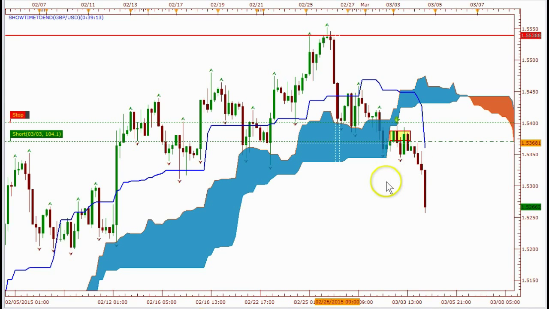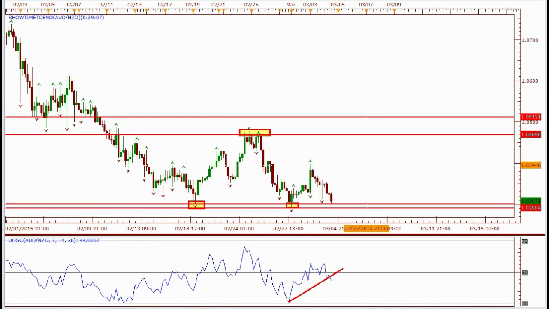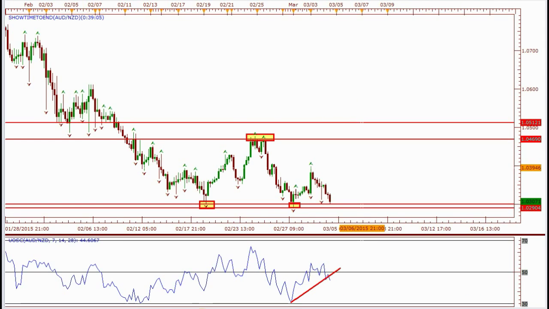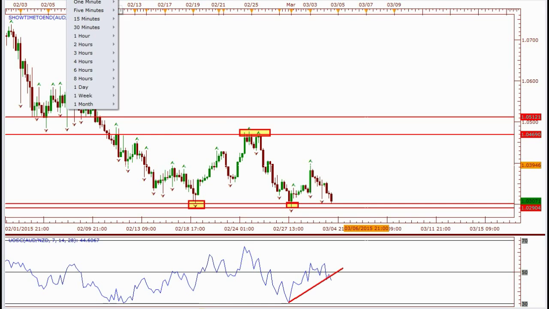So that's what we're looking at here, pound dollar. Now I want to look at another pair. It's going to be Aussie New Zealand dollar. This Aussie New Zealand dollar has created its all-time lows here. So we're on a 4-hour time frame, and we're going to jump up to, let's go to the monthly time